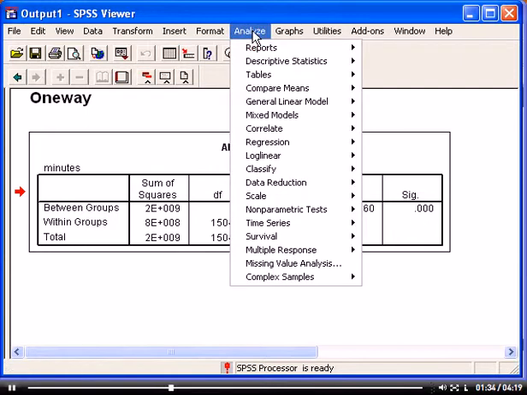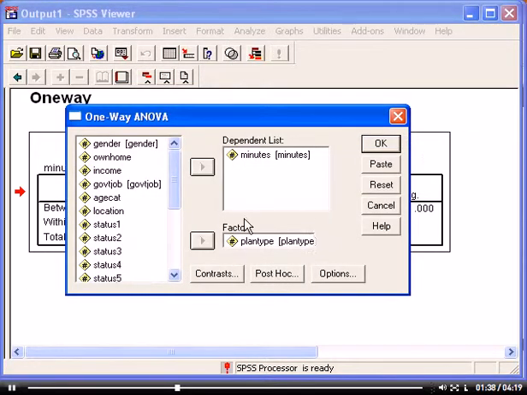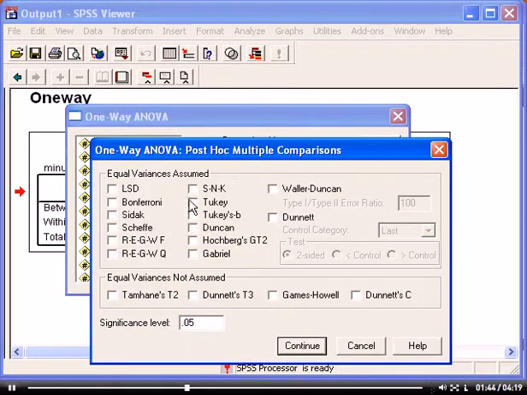We go back to Analyze, Compare Means, the one-way ANOVA, and you see it's already got what we did last time, so that's sort of convenient. We're going to do a post hoc test. I click post hoc, and many of these are pretty much the same, but you can run Bonferroni or Tukey or Scheffé. They're the most common. And it's very easy to just click them all. They should all give pretty much similar results. If they get very different, then you've got to worry and wonder, but they should all agree, unless it's borderline, where some reject, some don't reject. Anyway, you can click Continue